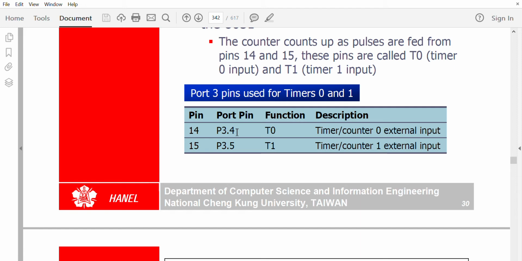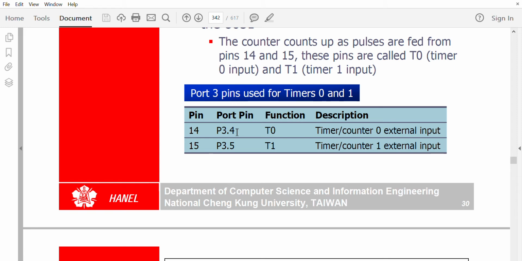Whereas in the case of a timer, the internal clock pulse generated by the oscillator will make the TH and TL value increment. That is, when the output of that AND gate has a clock, the TH and TL value will increment depending on the mode of operation.